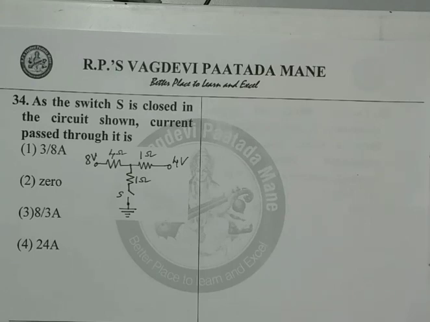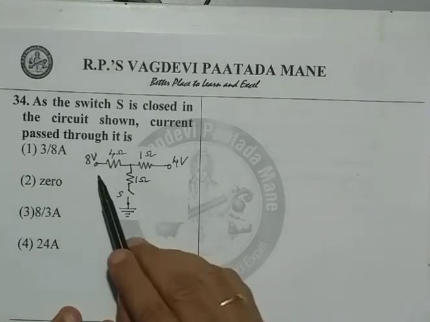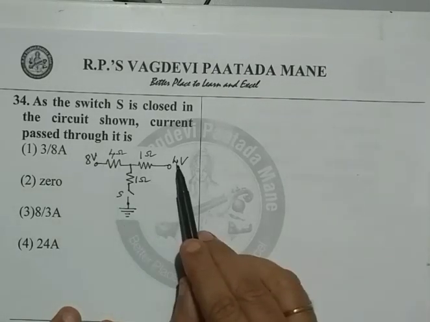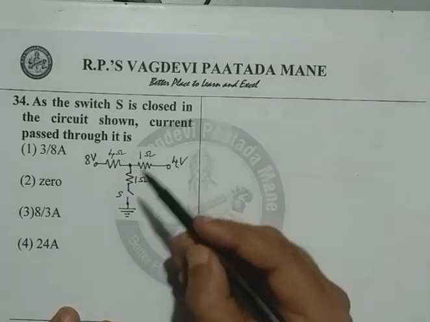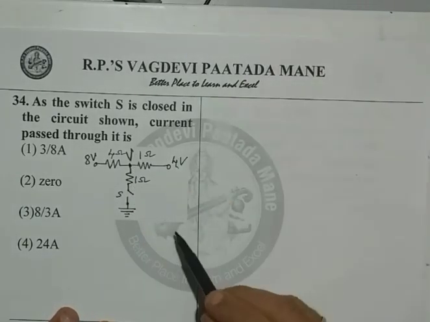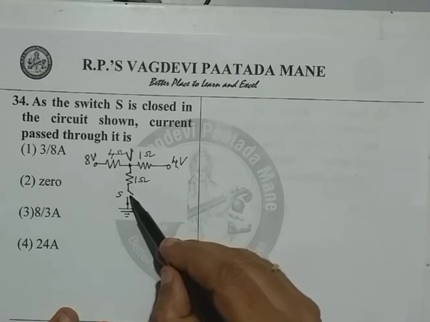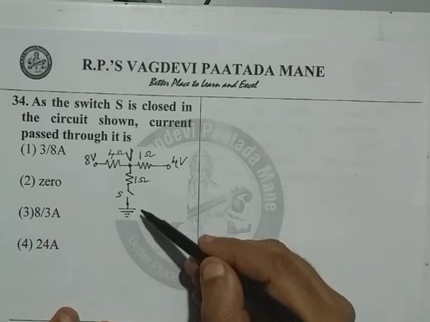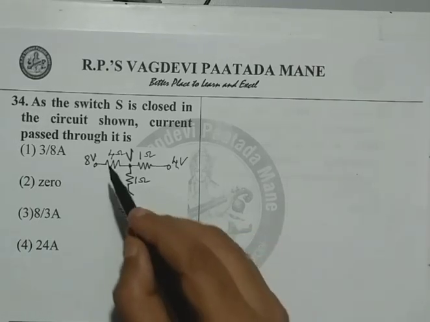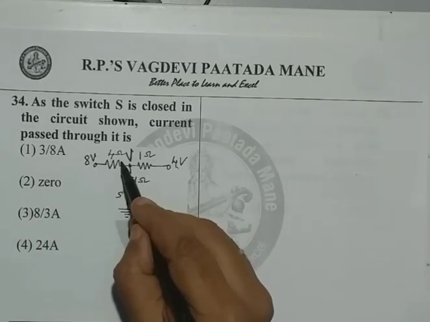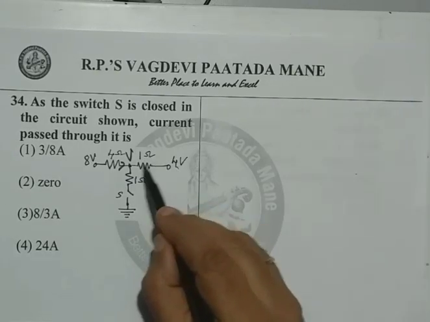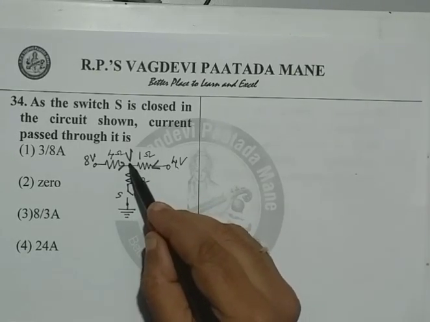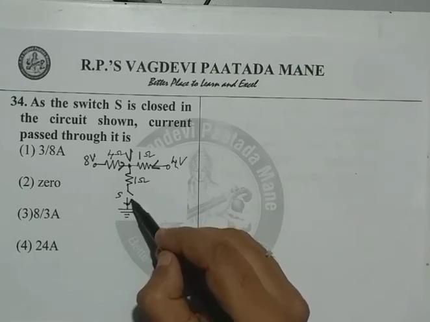We go for the 34th question. As switch S is closed in the circuit shown, the current passed through it is, observe 8 volts is here, 4 volts is here. This I call as V, the potential at this point. Once we close the switch, due to the potential difference, current passes. Say now, the current from 8 volt to 4 volt comes like this, 4 volt to V volt comes like this. Now both of them get added and enter into the